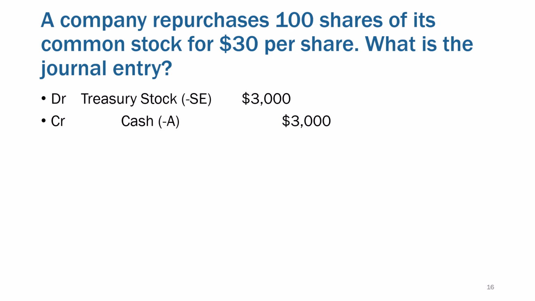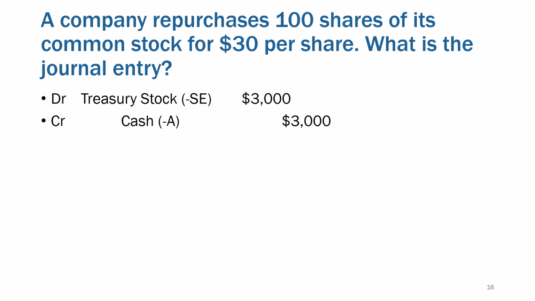If they were to then reissue those shares to the public, and oftentimes they could sell them back to the public, or oftentimes it means that they're reissuing them as part of stock compensation for the CEO, CFO, they would end up debiting whatever cash they get. They'd credit the treasury stock for however many shares they reissued times the $30 per share,